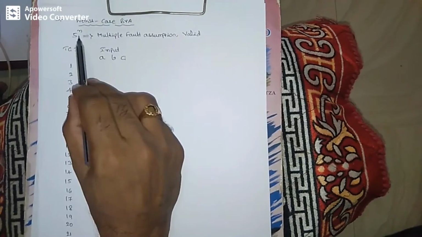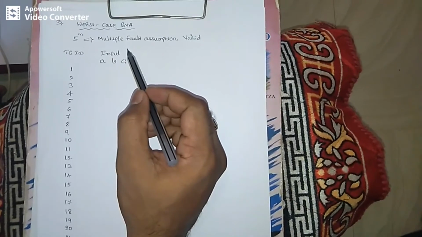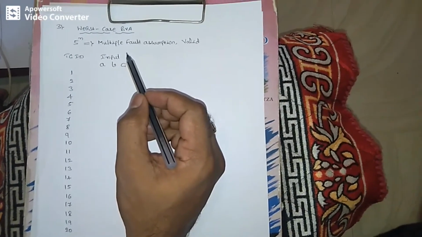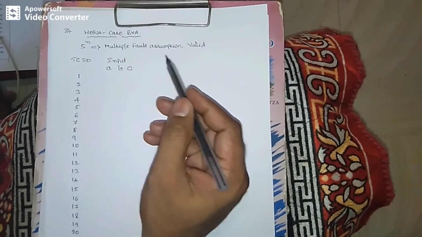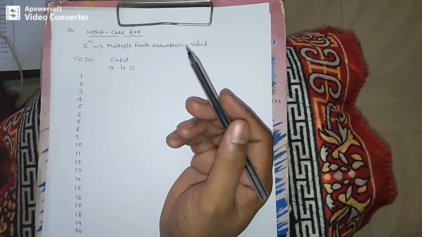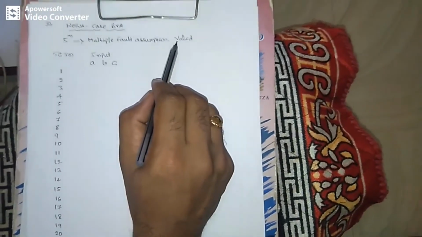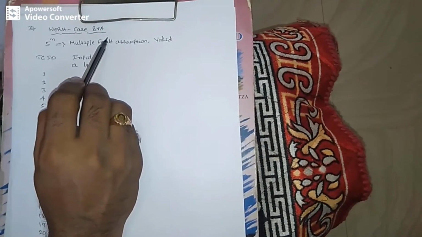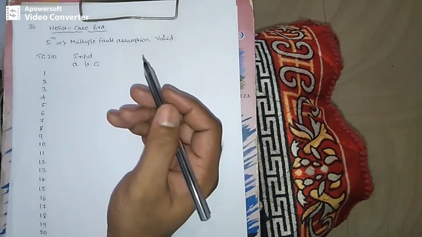Here it works based on the multiple fault assumption, as compared to the previous methods, which used a single fault assumption. Now it is a multiple fault assumption. We change more than one input variable in parallel, therefore we call it a multiple fault assumption. The remaining input variables may be nominal or may also be changed according to the boundary value analysis method. All the inputs will be valid input values under the worst case boundary value analysis method. But here the redundancy of the test cases will be more.